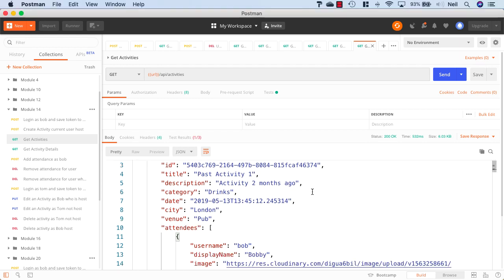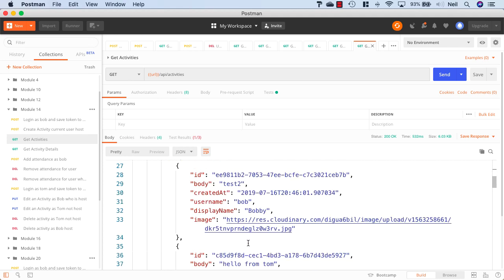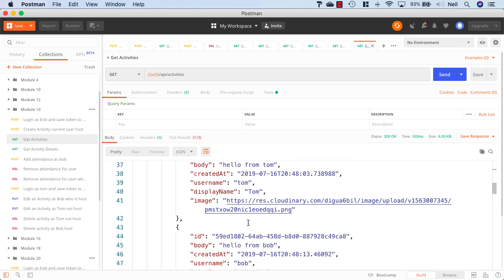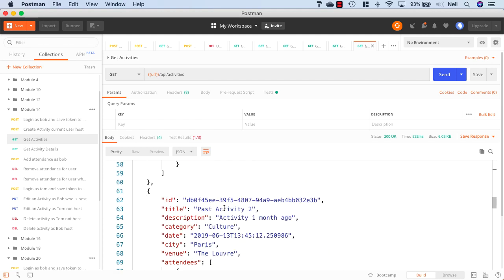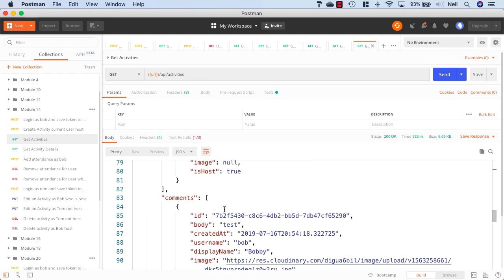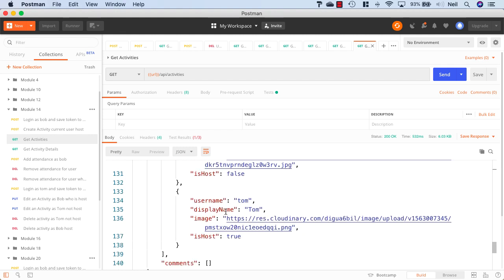So what we want to look at now is how we can also get the details about whether the currently logged in user is following any of the attendees that are going to an activity. Now at the moment we know that we're following Tom, and these are the comments, and we don't want to add it to the comments, but what we do want to do is scroll down and find the activity with Tom, and what we want to see in here is a property of following equal to